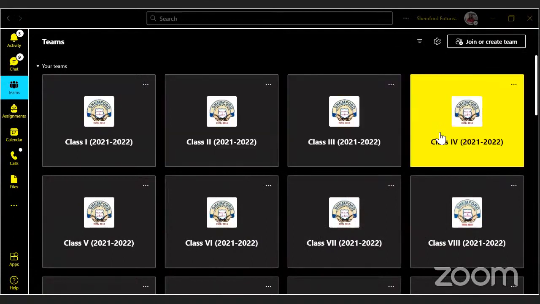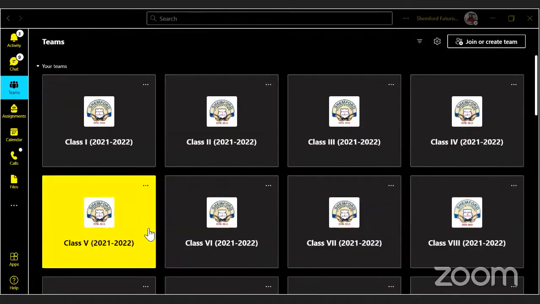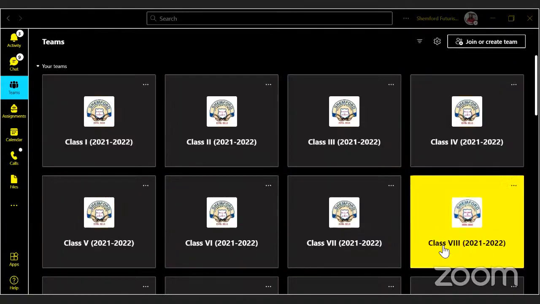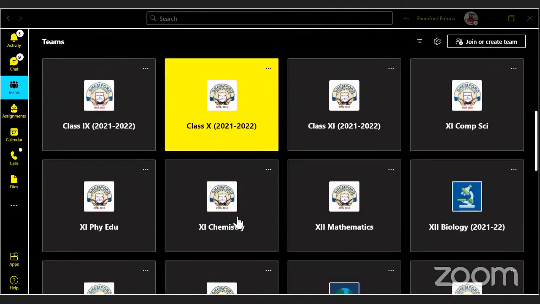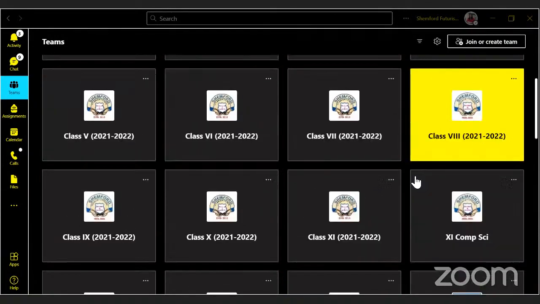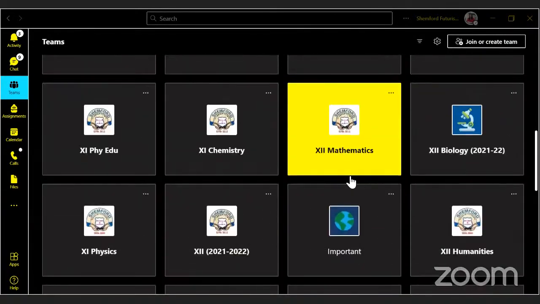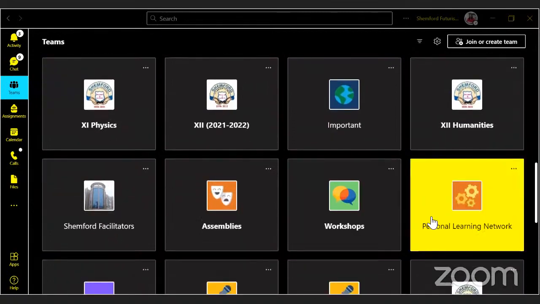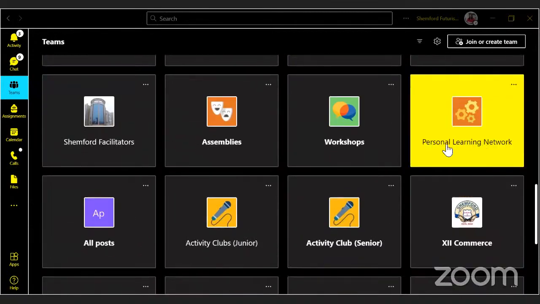And here are the different teams. As we create classes in Google Classroom, here are the different classes that are being created. And I have added students into these classes, class 1, class 2, till class 12, or maybe some personal, as you can see over here, it is written personal learning network. This is my personal team where I can add maybe many of you or maybe other colleagues who are not using a Microsoft official ID. I can add them also, right?